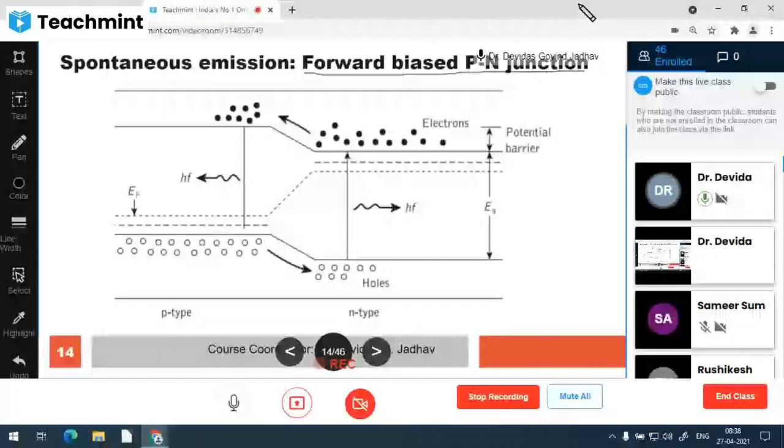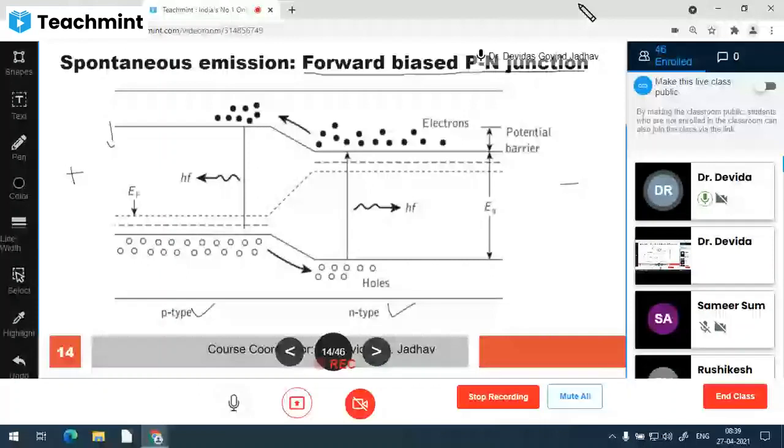So whenever there is an application of positive voltage on this side and negative voltage of the battery on this side, this is called forward biasing, because this is the N type region and this is the P type region. The P type is connected to the positive of the battery, and the N type is connected to the negative of the battery. This is forward bias. Due to that, it lowers the energy state like this, and the Fermi energy